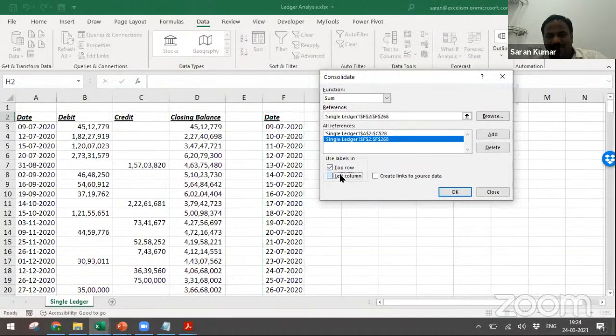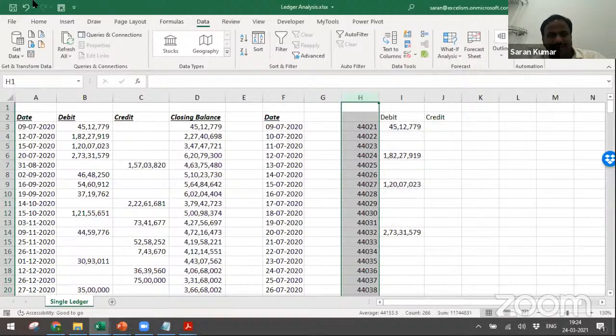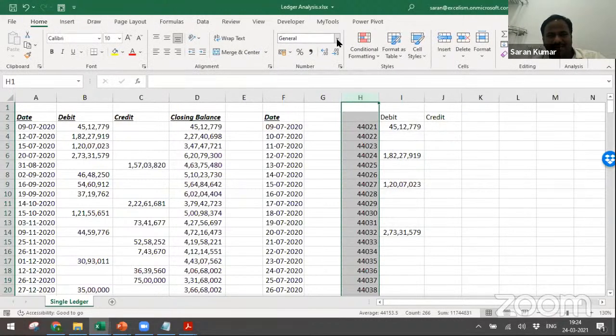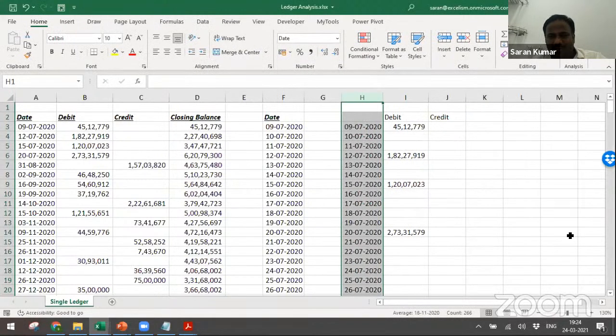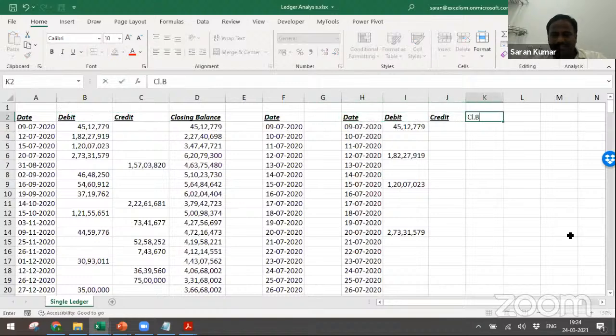Once you take these two, add. Now top row, left column, make sure that you are selected. So what is the meaning of it? Out of these two data sets, for the left column Excel will take the unique values. For the top row, it will take the unique values. For the left column and top row combination, it's going to sum. Simple. So let me click OK. No problem. So this one, let me convert into the date format. It turned by default into the number format. Short date, wonderful. So this is the date and this is the debit and credit. Simple. Now, can I calculate my closing balance? That's possible, of course.